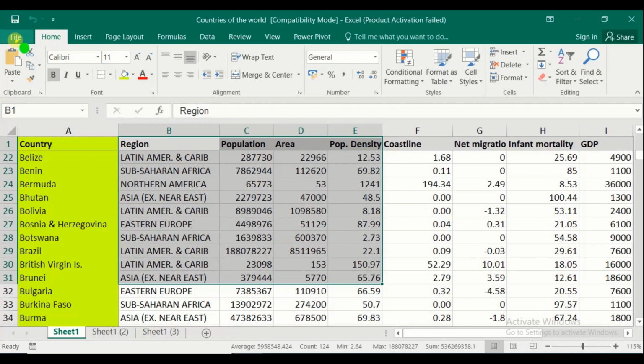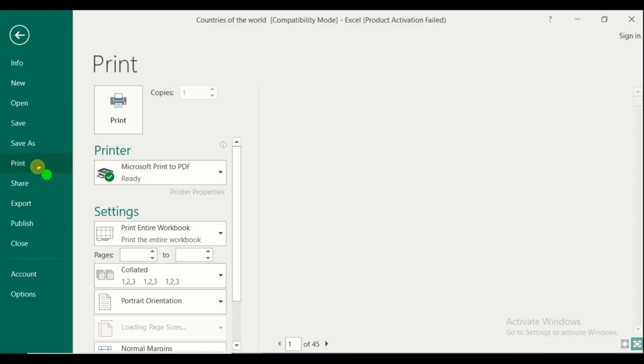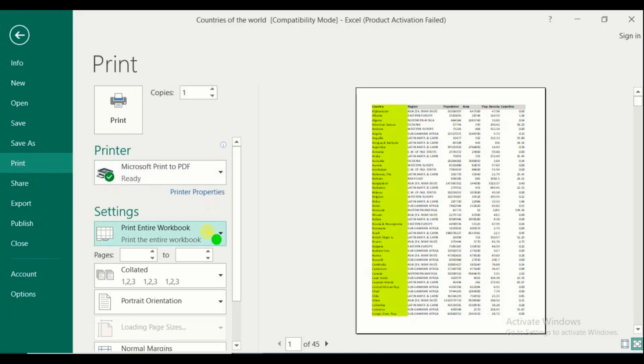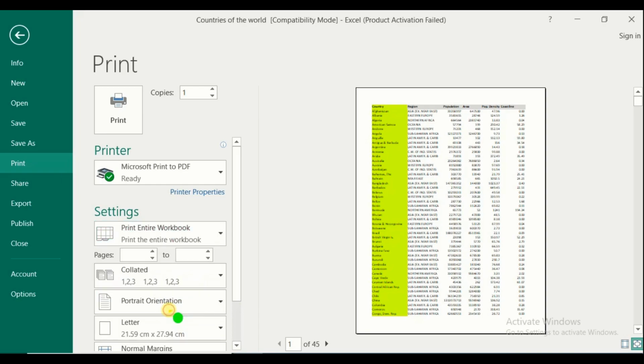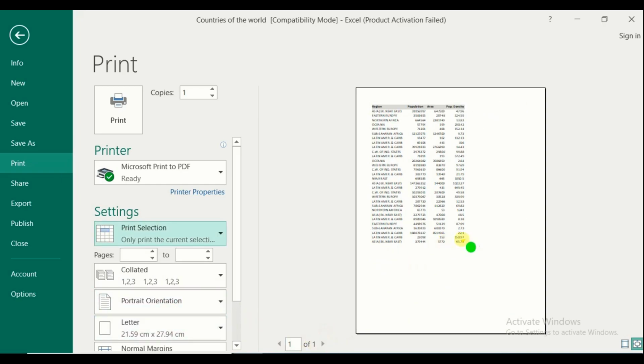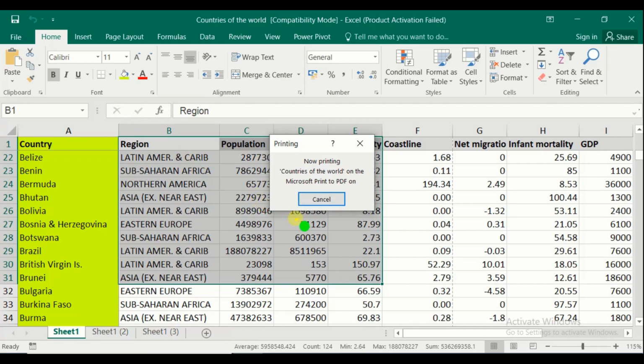Then go back to the file, print, select settings and apply print selection only. Now you can see that it was 45 pages of print. Now we are getting the data for the selected area only, and it automatically comes on a single page. Upon clicking, the one page of data has been selected and I am creating the PDF file, print.